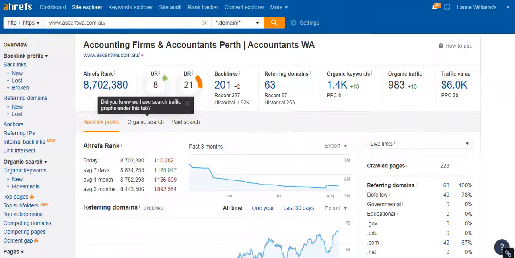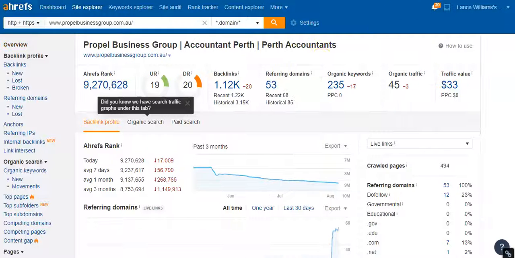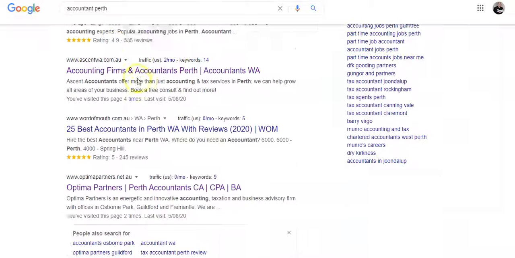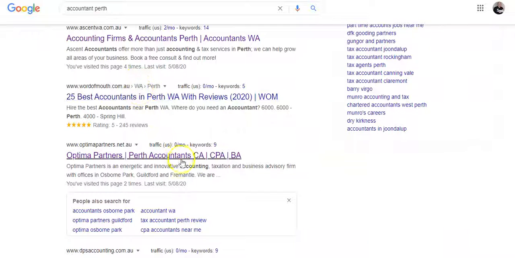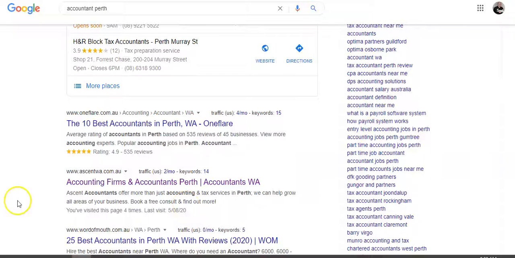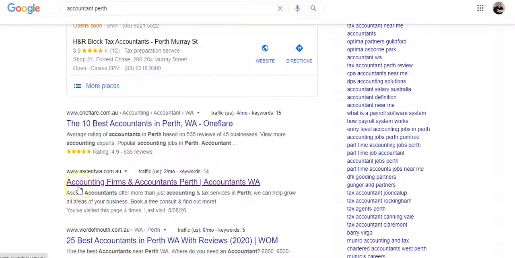This is something that's really important, because when you put all this together, this is the reason that he himself is on page 1, and sadly you're back on page 6.